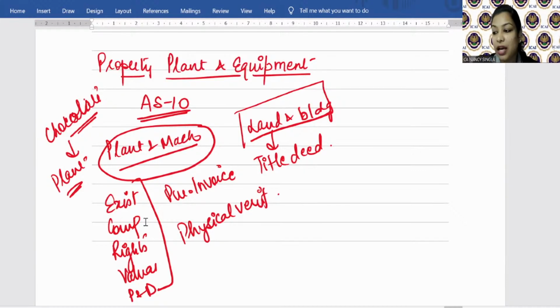Then what will you consider in valuation? If I ask you about the valuation of plant and machinery, what is the first term that comes to your mind? The way we discussed the valuation of trade receivables, we saw how to calculate the provision or allowance. So that is the first thing. Now with respect to the valuation of plant and machinery, tell me what is the first thing that comes to your mind? Absolutely correct, Jyoti. It is the depreciation. Okay, okay.